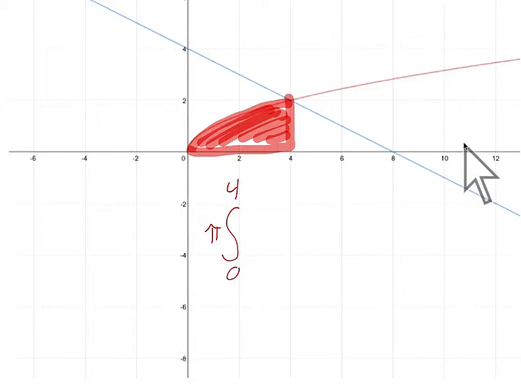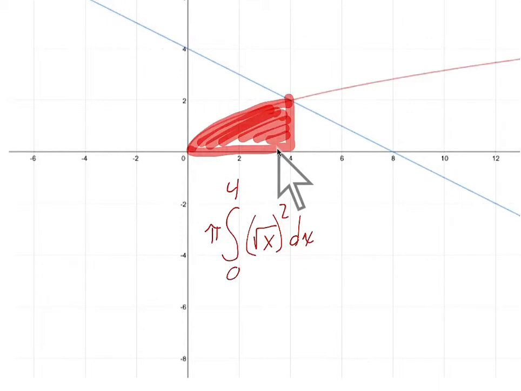This is going to be the square root of x squared dx, because we're doing this with our discs coming along the horizontal. Each disc has a width of dx. And then to this, we're going to add the second integral, which is going to be the integral when we take this piece right here and rotate it around